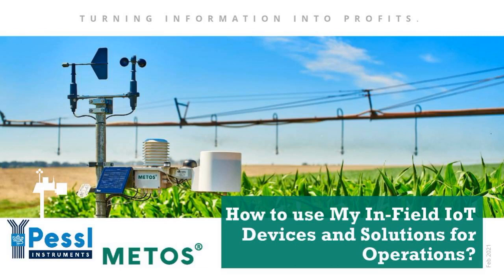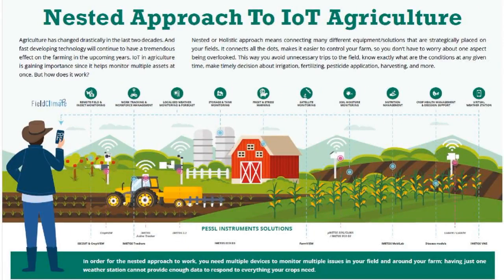Good. That was a great presentation and study on the variability across a field and how much it does change, and the need to really monitor and keep track of everything and tune your management system. So, today I'm talking a little bit about in-field IoT devices and how they can be used on the farm. And really, it's not one solution. It's a nested approach. And you touched on all that today, where if I want to study soil moisture, I've got to have stations and probes in the ground to do that in various areas.